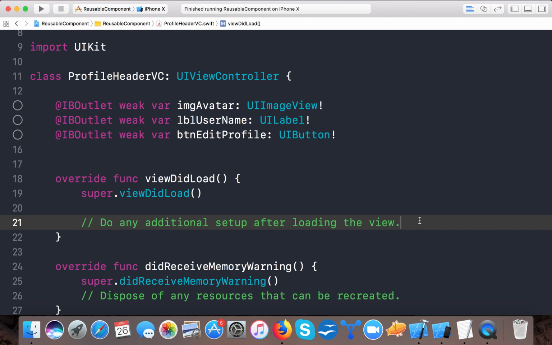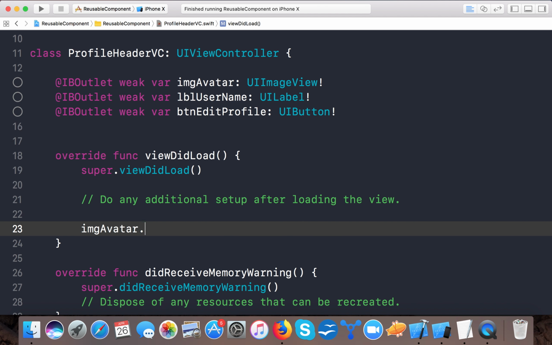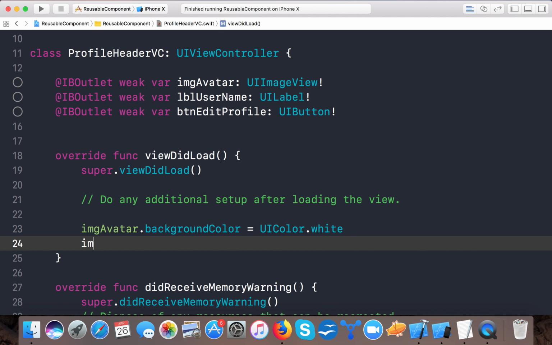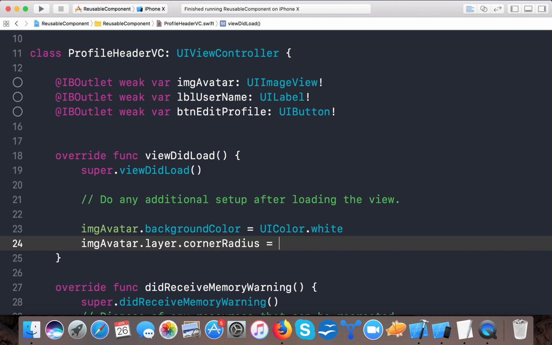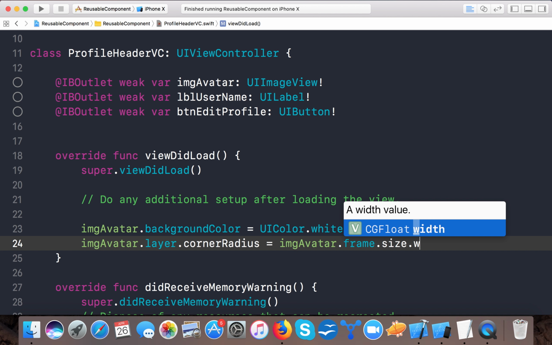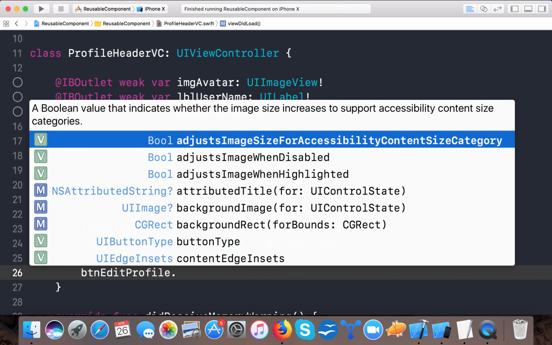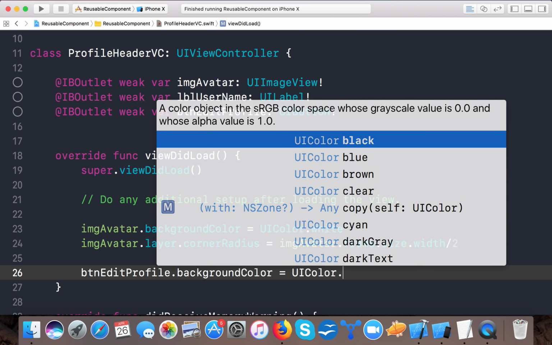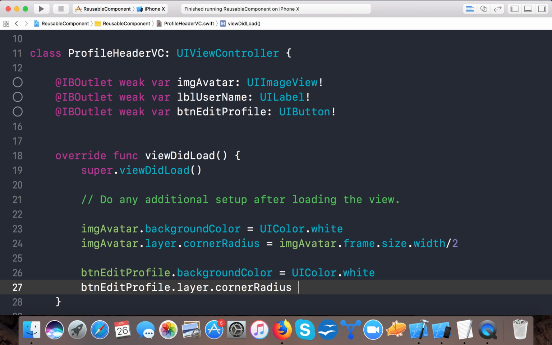And also what we will do, because we are not going to set the image in this tutorial, we will say imgAvatar.backgroundColor = UIColor.white, and also we will make it circular. imgAvatar.layer.cornerRadius = imgAvatar.frame.size.width / 2, and also we will say btnEditProfile.backgroundColor = UIColor.white and btnEditProfile.layer.cornerRadius =